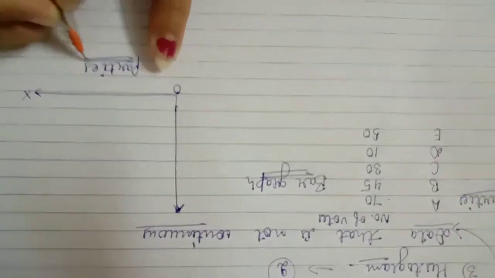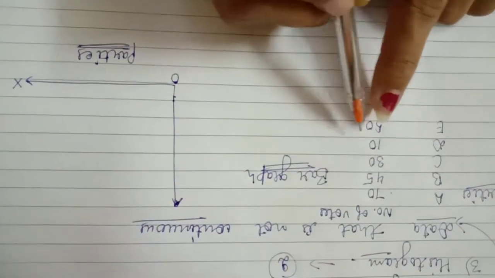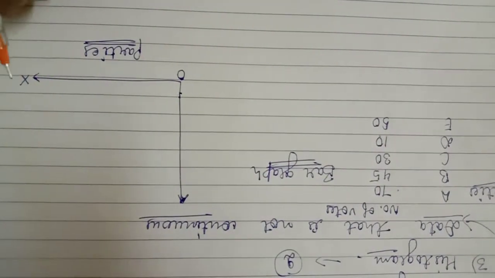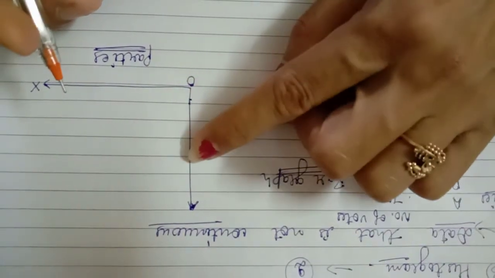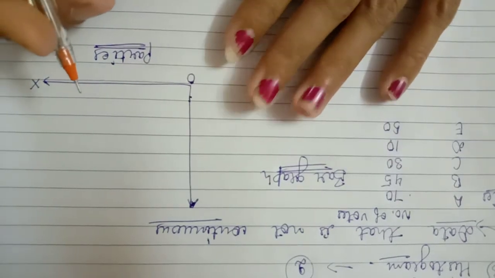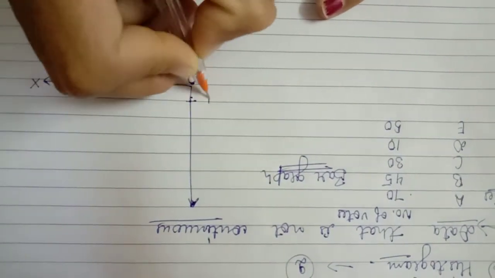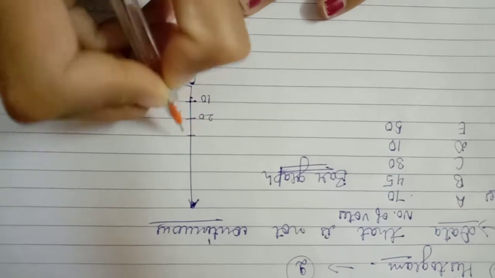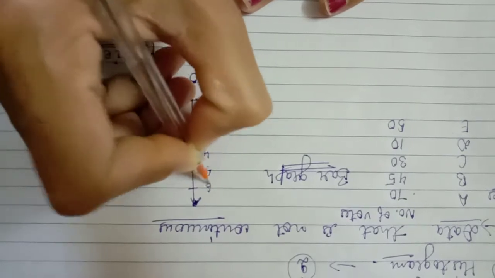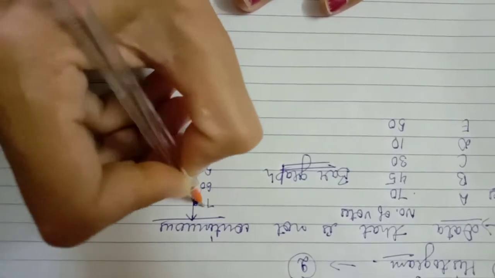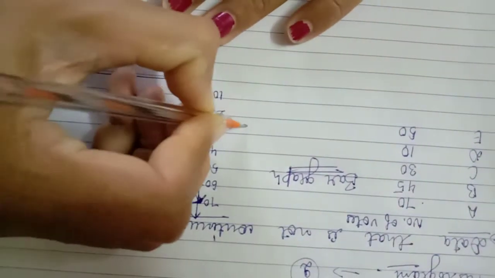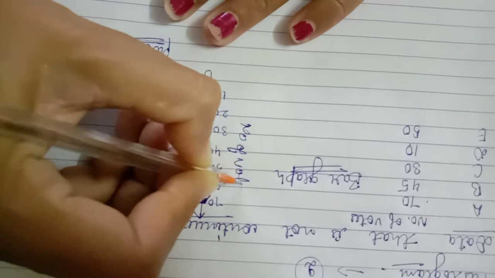Which one? Okay, and here see the data starts from 10 and ends at 70. So if you want to take a difference of 5, or a difference of 10, as usual, this is your choice. So write down here 10, 20, 30, 40, 50, 60, and here is 70. This is our last one. And here we write down the number of votes.